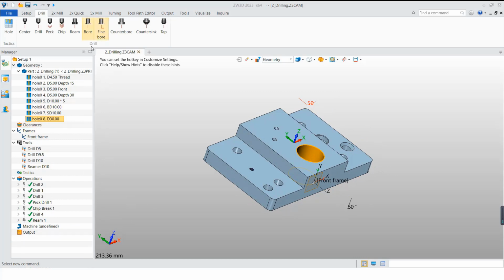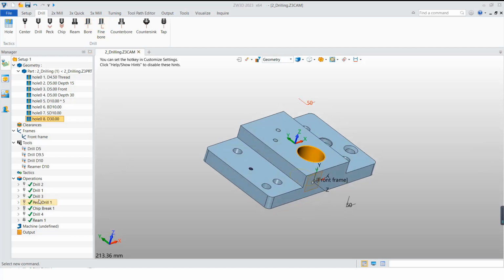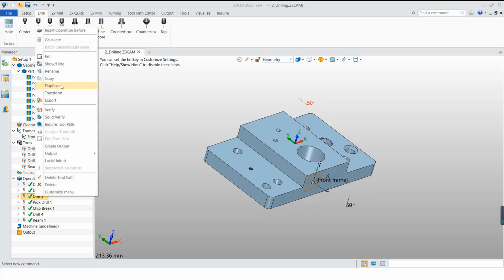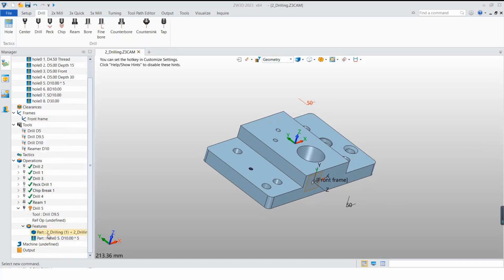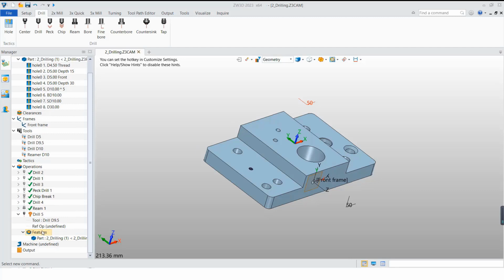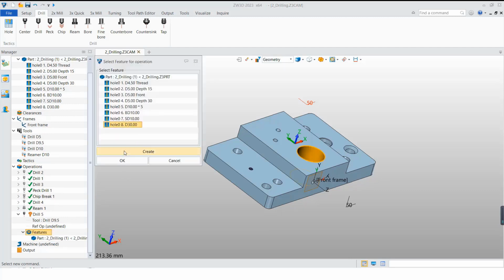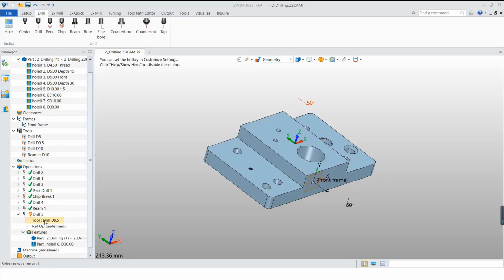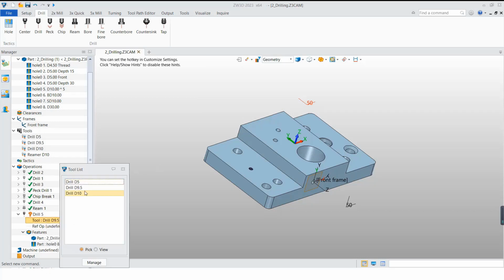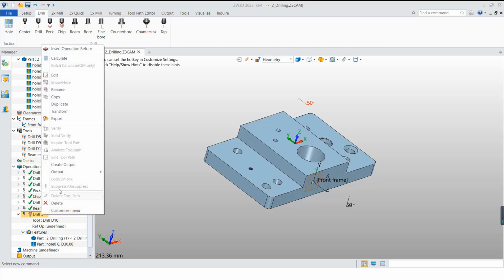But before we use the ball, we need to do the drilling first. So for example, we can just duplicate this one, and we can remove this hole, add the feature, the big hole as the feature, and change this to a D10, okay, and calculate,